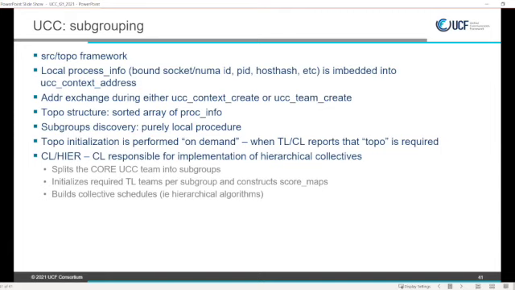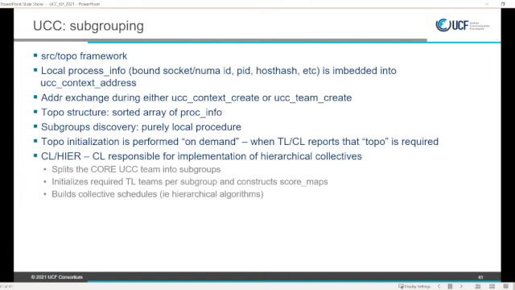To do that, each process during init collects some local information, like host hash, ID of the socket, or NUMA domain if it's bound to any of those. This is embedded into the context address. Then the context addresses are exchanged either during context creation or during team creation.